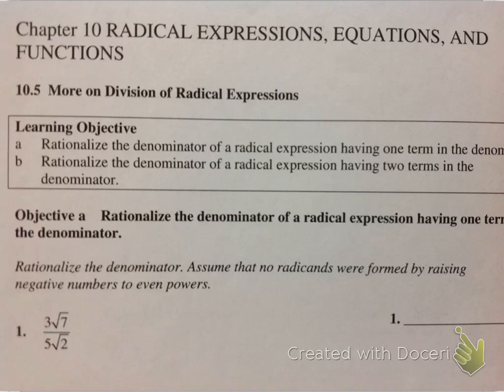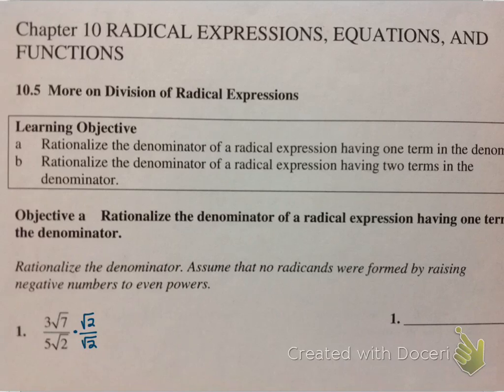So, in this particular problem, the very first one, 3 square root 7 divided by 5 square root 2, 3 and 5, you can't simplify there. Square root 7 over square root 2, you can't simplify that either. But there is something that we can do because we cannot have a square root of 2 in the denominator. So what we have to do is create a perfect square in the denominator. And to do that, we are going to multiply the top and the bottom